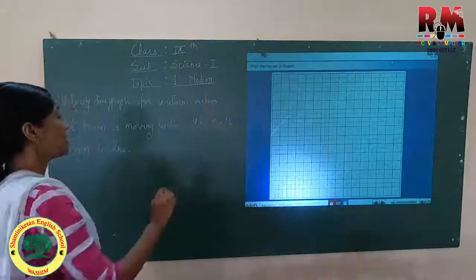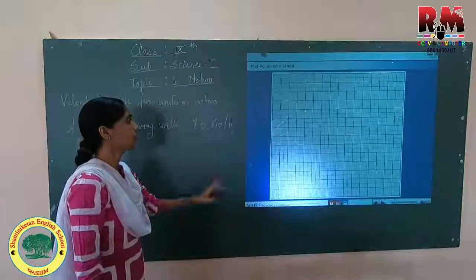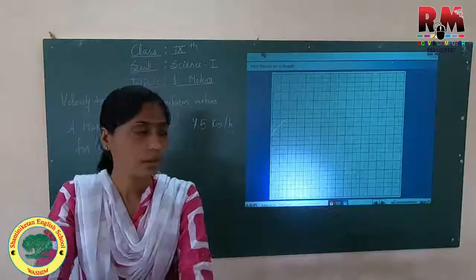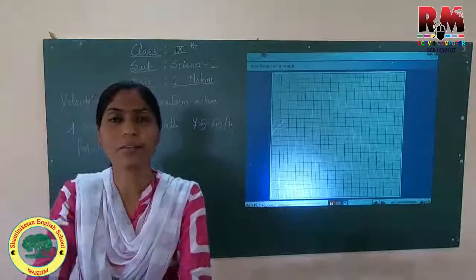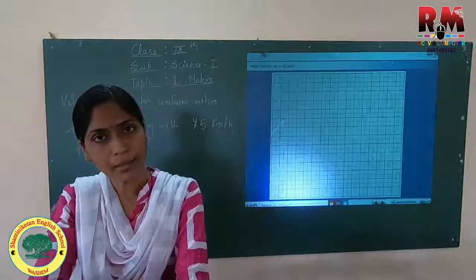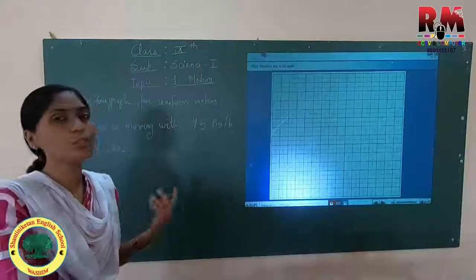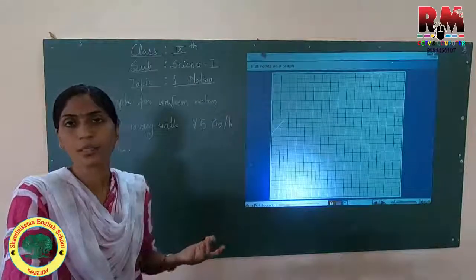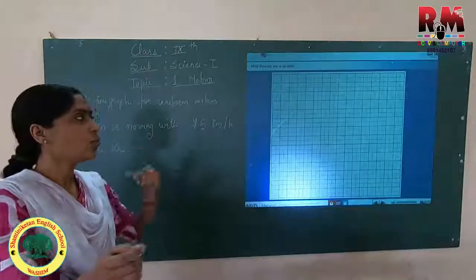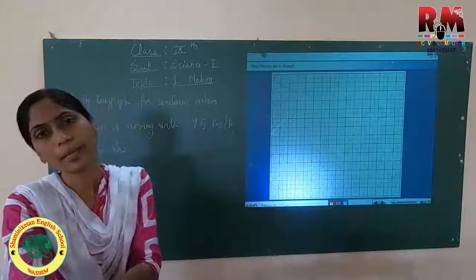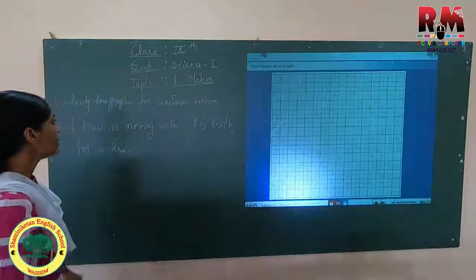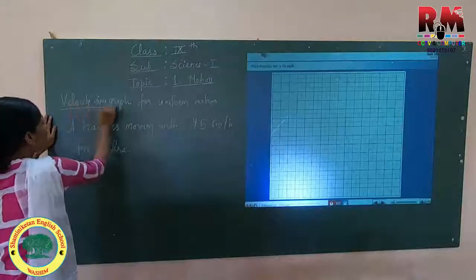Class 9 science, motion topic. We are going through the graphical method. Already we have studied in the previous two sessions how to plot the graph, how to plot the point, and what type of motion we are getting. From the graph or from the given table also you can tell what type of motion it is, and what other physical quantity can be explained by the two values given in the table. So now we are going to see the velocity time graph.